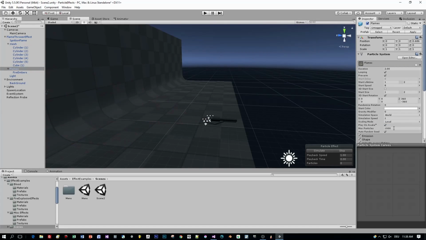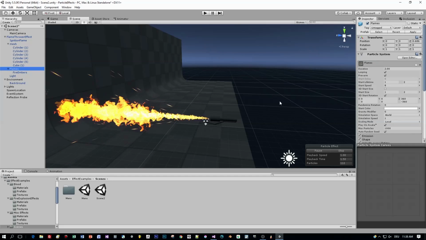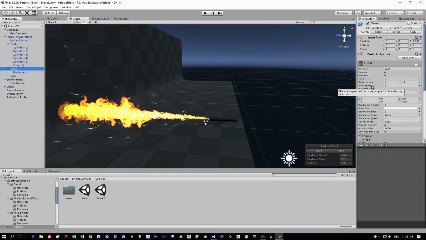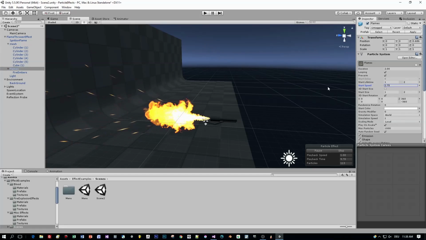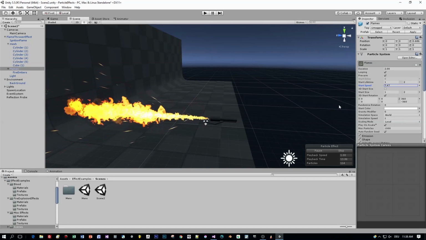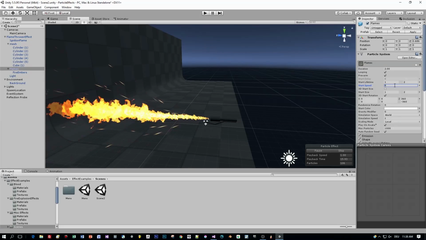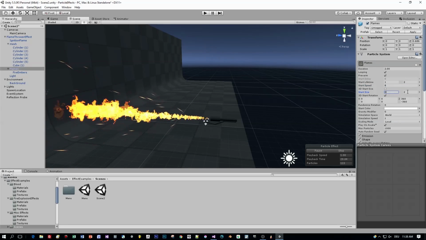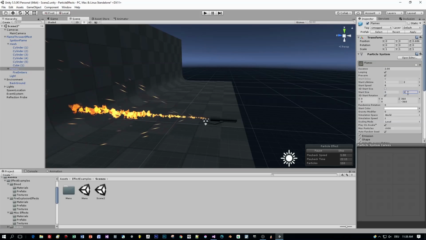and the parameters, because I want to animate this. So first of all, we have the start speed, which is set to 8, and when I turn this down, you can see I can reduce the size of the flame. And the other parameter is the start size. And when I turn both to 0, then the flame is disabled and not visible anymore,